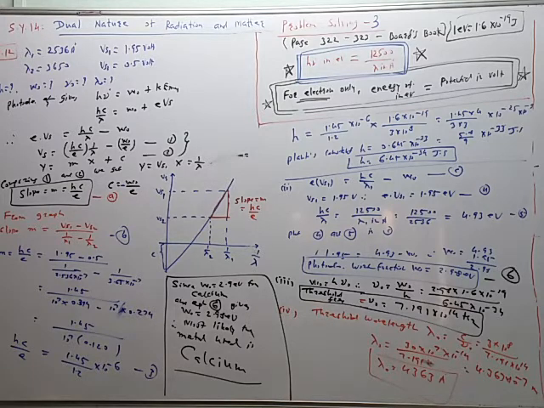So slope m is equal to h into c upon e is equal to, now substitute Vs1, Vs2, lambda 1, lambda 2 in this equation. So the right hand side comes to be 1.42 upon 1.2 into 10 raised to minus 6, and the left hand side slope is equal to h into c by e.